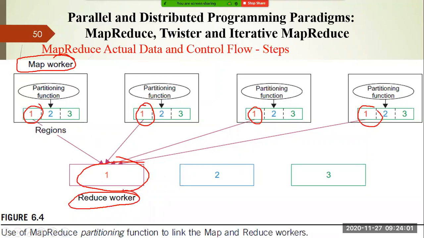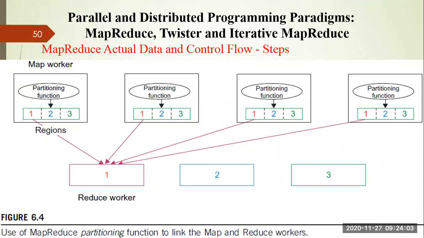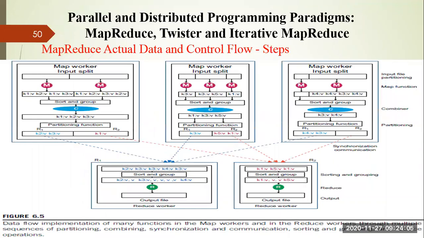Now I'll give another example to clear your idea. Here you can see a more detailed view; the previous one was an abstract view. You can see multiple map workers are there. As I told you, inside a map worker you have multiple map functions. So the data is